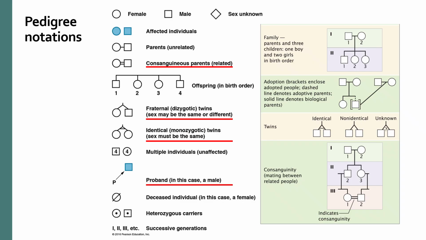And what I want you all to remember is that you are looking at the affected individual to determine the inheritance pattern. We do not assume that affected means dominant or affected means recessive. You have to look at it the other way and look at the pattern to determine if those affected have a dominant trait